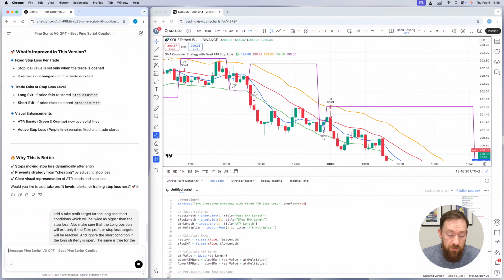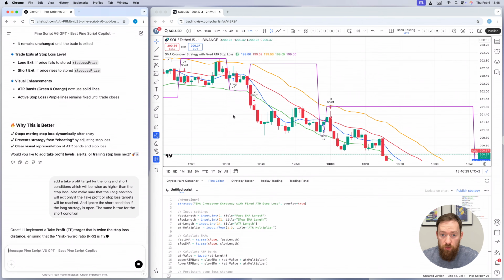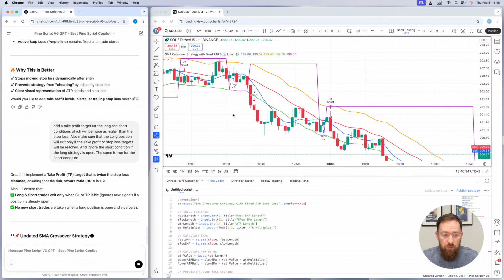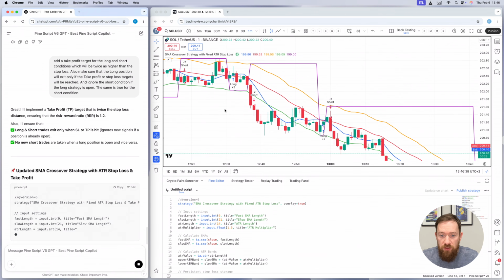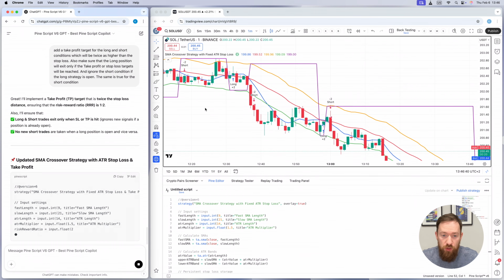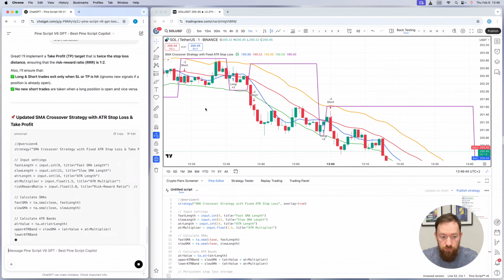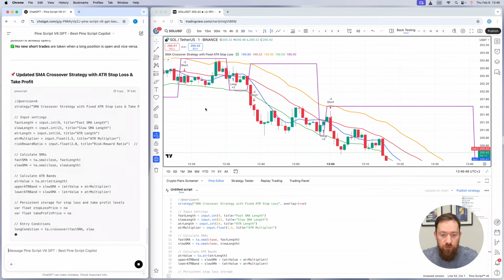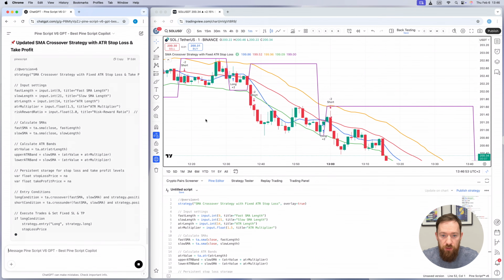Okay, let's see. So basically what I asked ChatGPT to do is to create the take profit targets, which will be twice larger in comparison to the stop loss, which means I'm trying to do the risk reward ratio of 2 to 1. And at the same time, I don't want to switch between the long and short conditions. So I want to keep the position open until it reaches either the take profit target or the stop loss target. Okay, so now it's going to change the